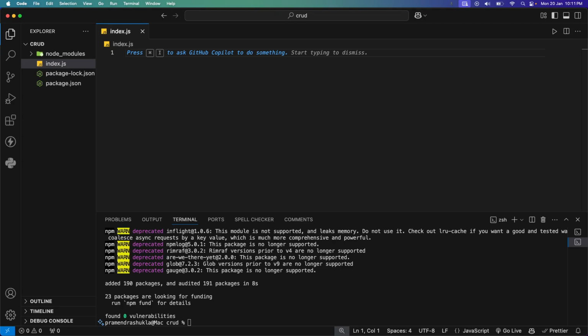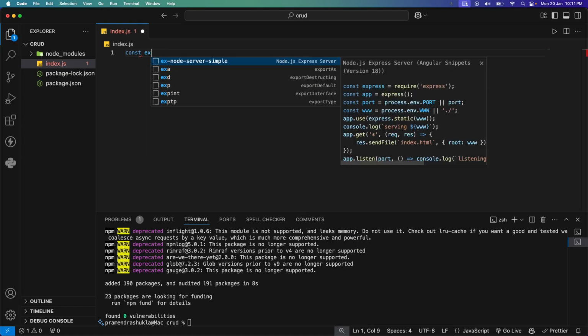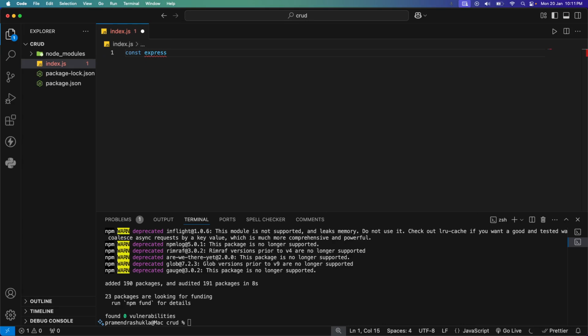index.js, right? Inside here you need to write index.js. After this, this will be our main file, right? Inside this file we are going to write all the APIs. We are going to create our MongoDB server. We are going to create our Node.js server. So first of all, we need